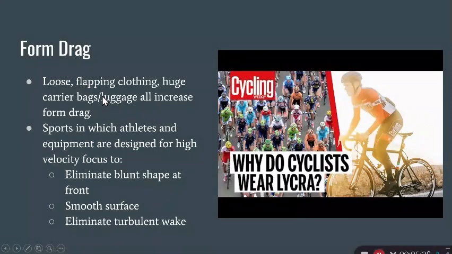Loose fitting clothing, flapping clothing, creates a lot of form drag. So that's one reason why in sports like cycling and swimming, we want form-fitting clothing. Because one, it makes the front of the object able to cut through the air a lot easier. It's a smooth surface, so the air running past it is not going to start wobbling. And that turbulent wake in the back is going to be a lot less,